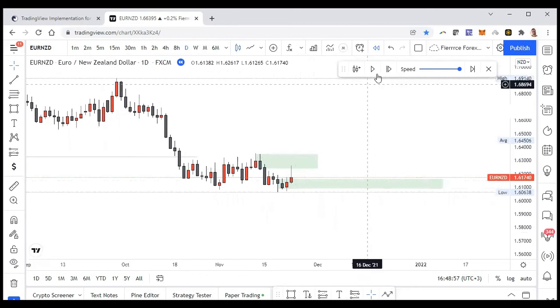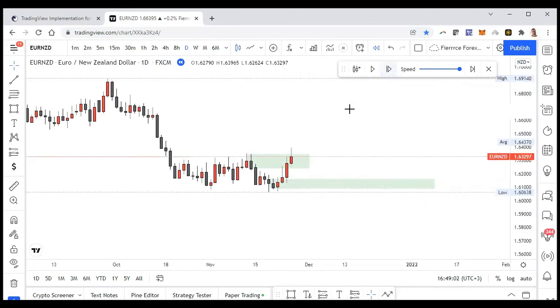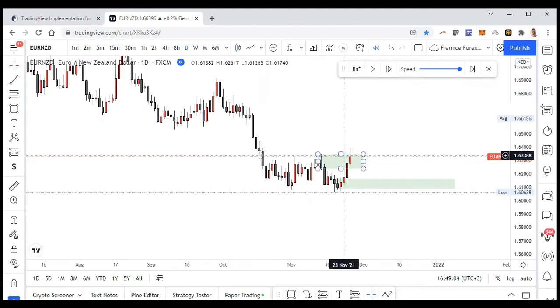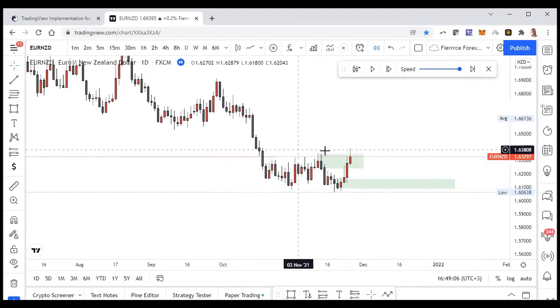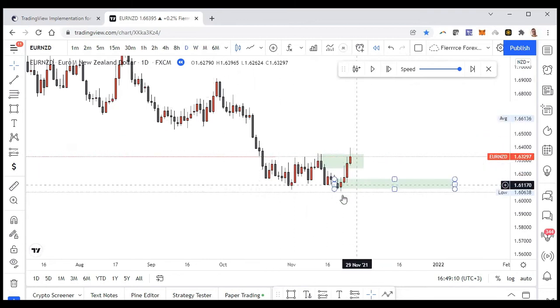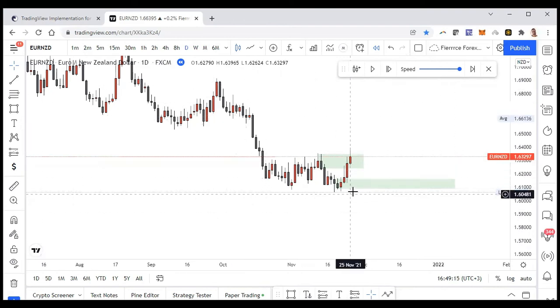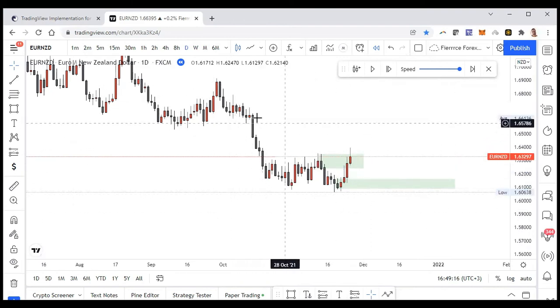So what we've seen is there was a bit of a rejection there, and then we broke past that high. And obviously there are reasons why we broke past that high. Again, that's a video for another day. But what we can anticipate is that price is actually trying to make its way to the next supply zone,